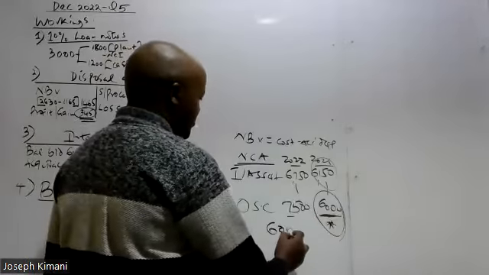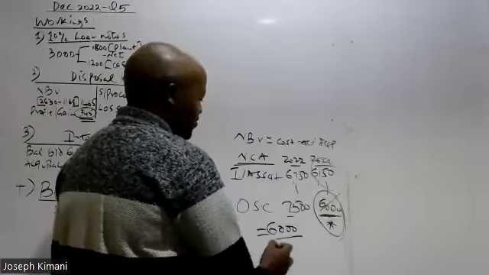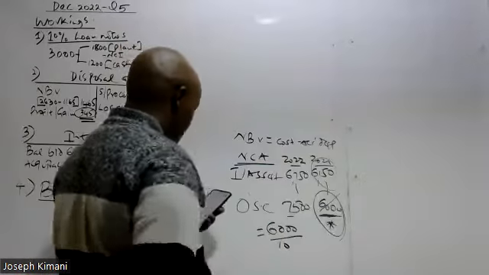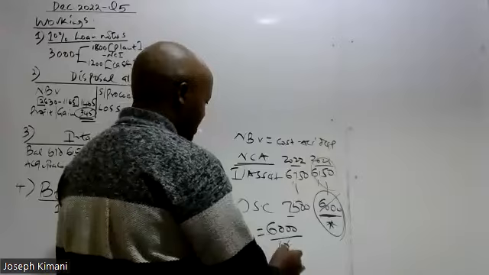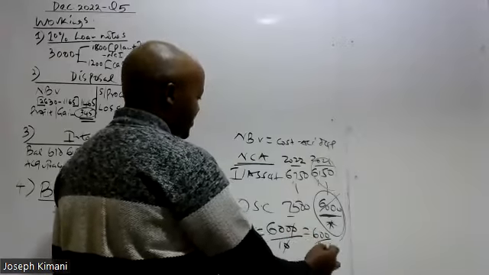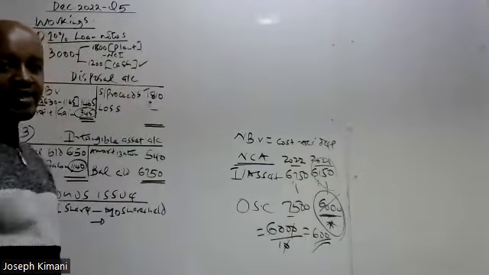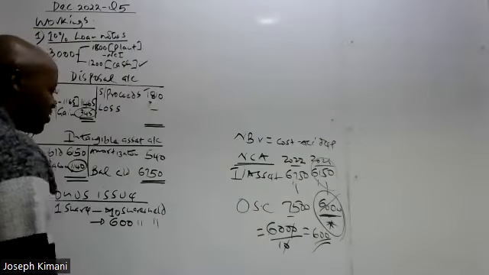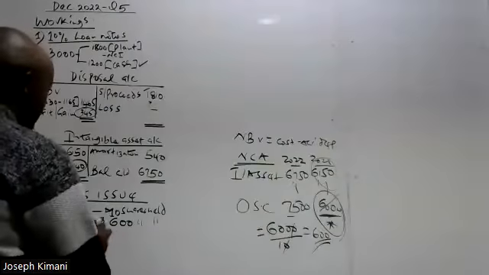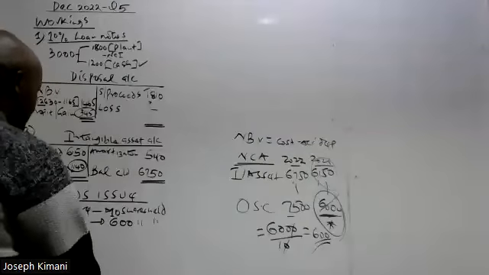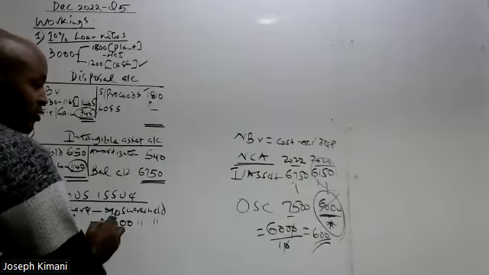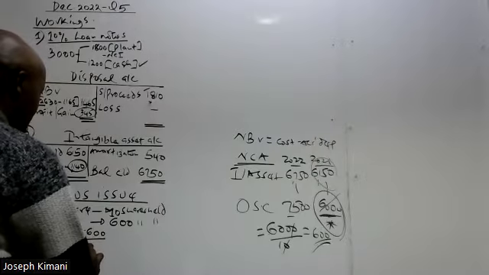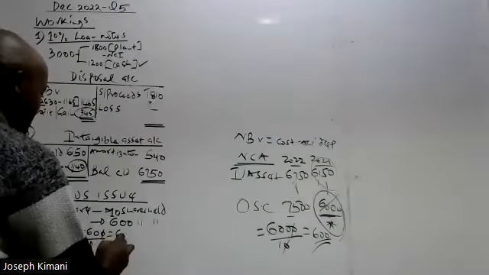We take the ordinary share capital, which is 6,000, and to determine the shares issued, we divide that by the par value per share. The par value per share is given in our statement of financial position as 10, and basically it means that this company had issued 600 shares. Those are the shares which were held by the shareholders of this company. So what we need to do is determine how many shares were issued during the bonus issue. So we cross multiply, then divide 1 times 600 divided by 10. So this will give us 60